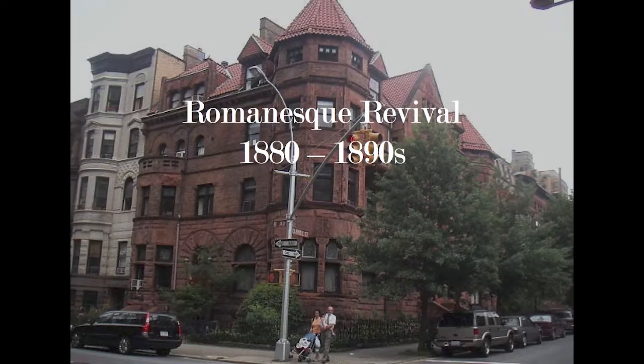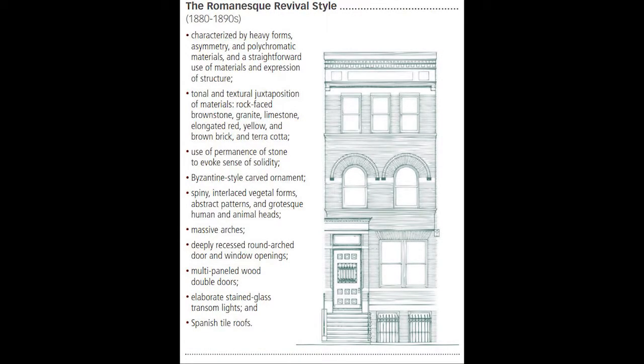So the Romanesque Revival is based essentially on 11th and 12th century Tuscan forms, where the materials are very expressive of the structure, characterized by very heavy treatment. So heavy forms, asymmetry, and polychromatic materials, and a straightforward use of materials and expansion of structure, tonal and textural juxtaposition of material, rock-faced brownstone, which is typically found in the basement and sometimes the first floor level, granite, limestone, elongated red, yellow, and brown brick, and terracotta, often in the upper floors, use of permanence of stones to evoke a sense of solidity,